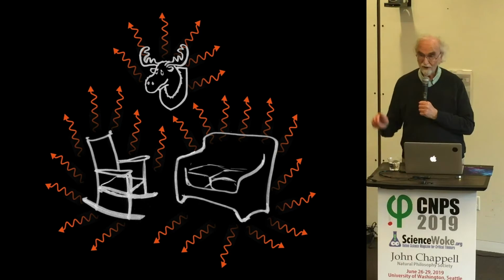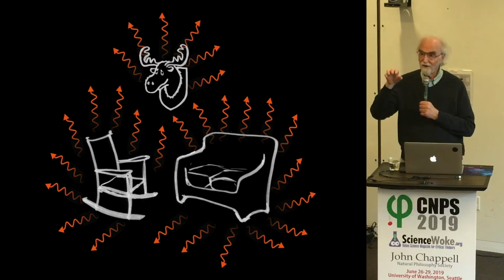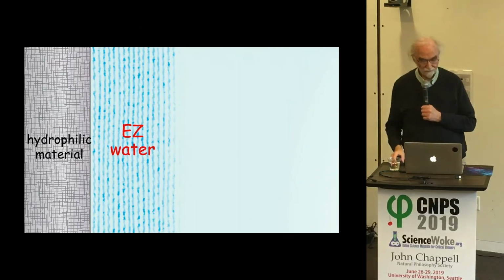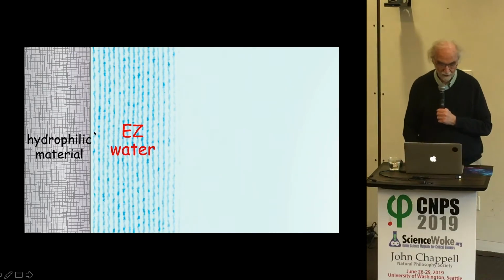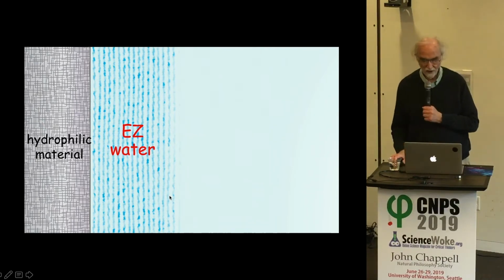It's not just looking in your oven and with the orange glowing elements that are on, where you feel the heat and you say, oh yeah, heat, infrared. It's all over. And because it's all over, it means that anytime that you have the right kind of hydrophilic material sitting next to water, you'll have a certain amount of EZ water that grows based on the amount of ambient infrared energy, and some visible too, but mostly infrared energy.